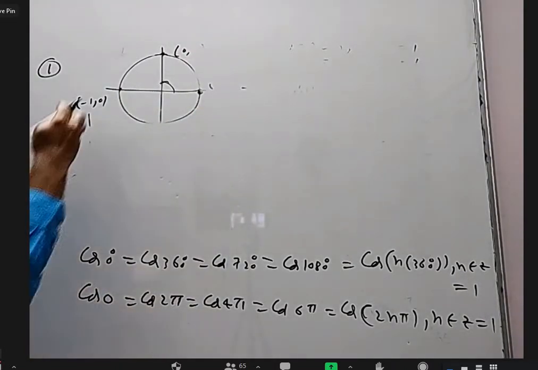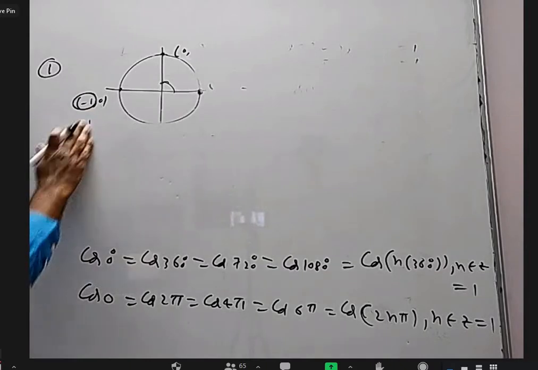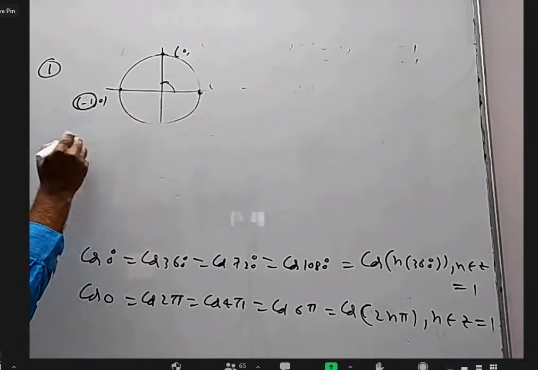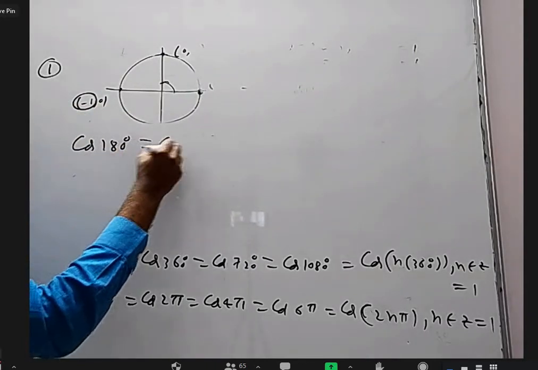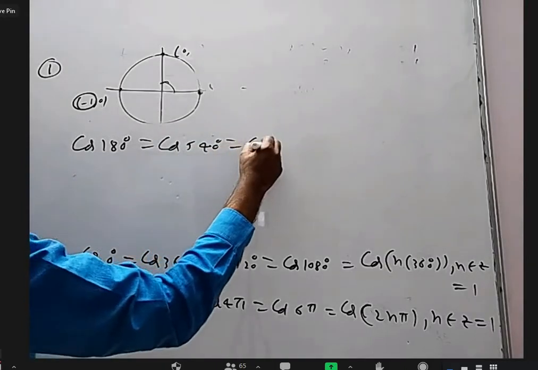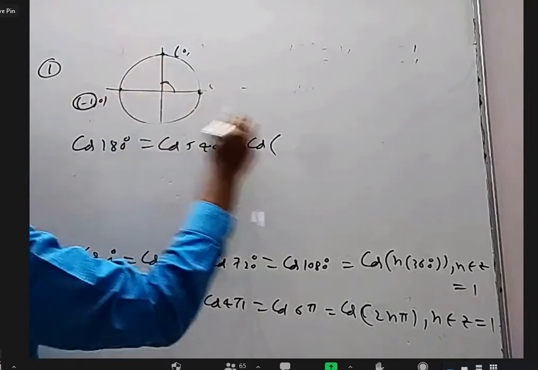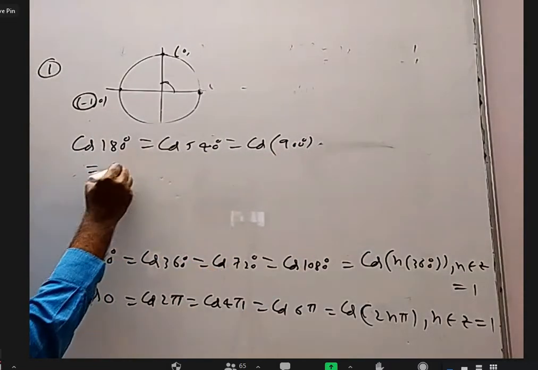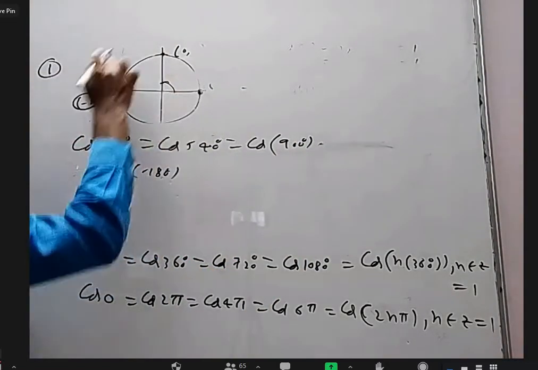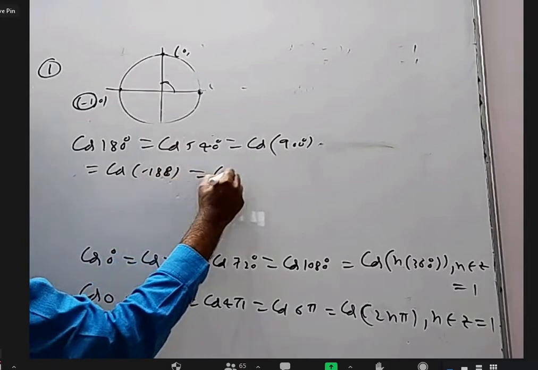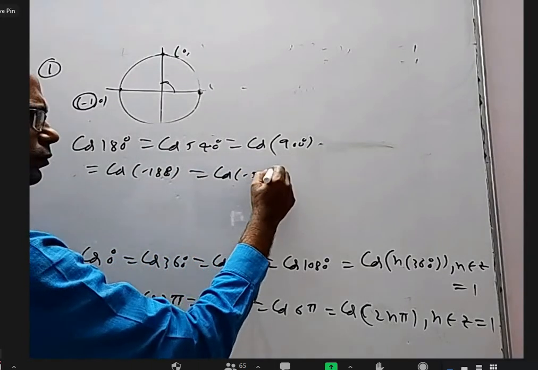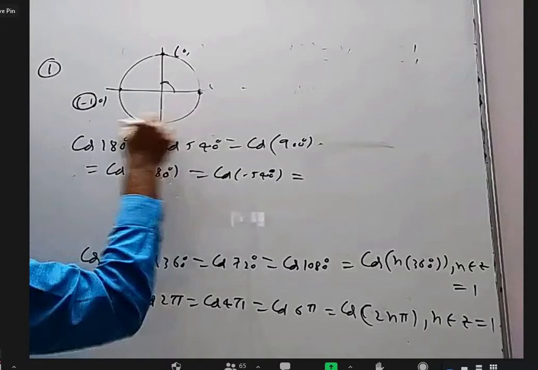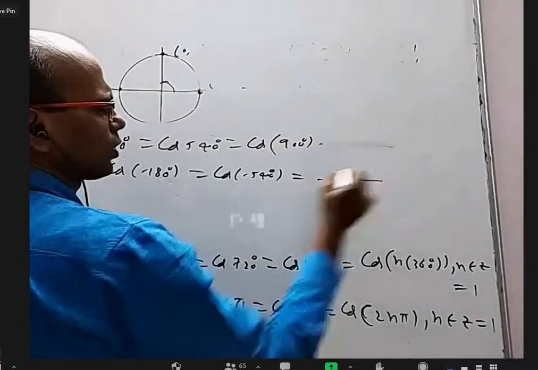Now coming to, I want to talk about this minus 1 now. That is, you can turn 180 or 360 and another 180, 540. So this one is cos 180 degrees, same as cos 540 degrees, same as if you turn 720 plus 180, 900 degrees. If you want, you can even write cos minus 180 also. You can turn minus 180, even cos minus 540. Sir, because cos of minus theta is equal to cos theta. Yes, that is also correct. We are going to prove all that. Here we are trying to do from the original definition.